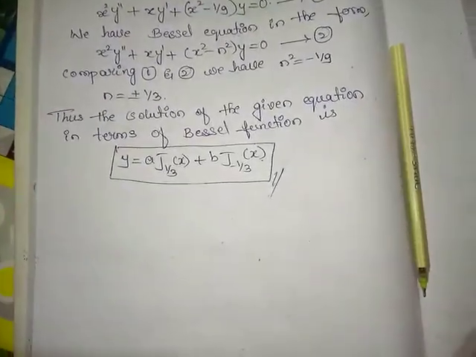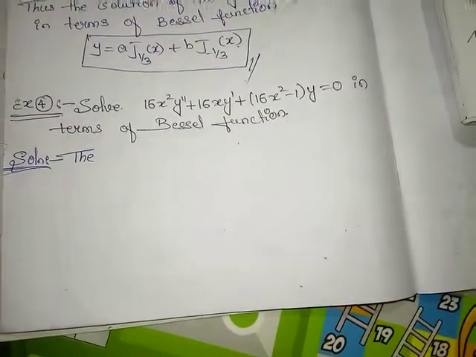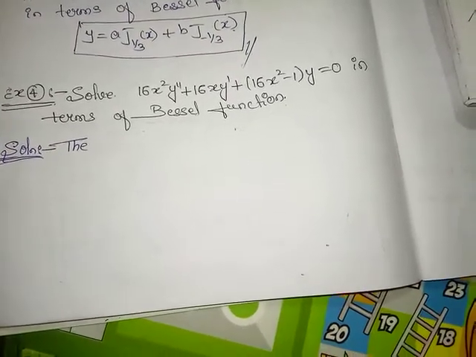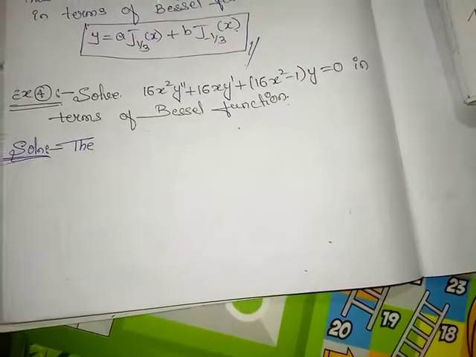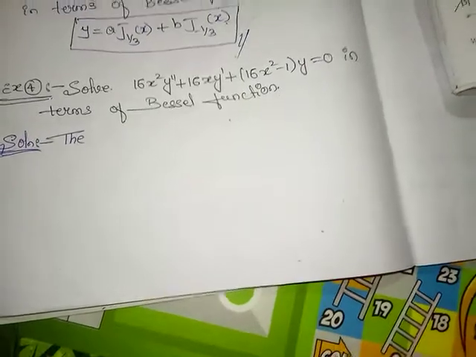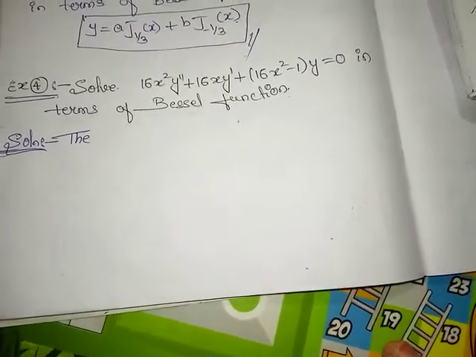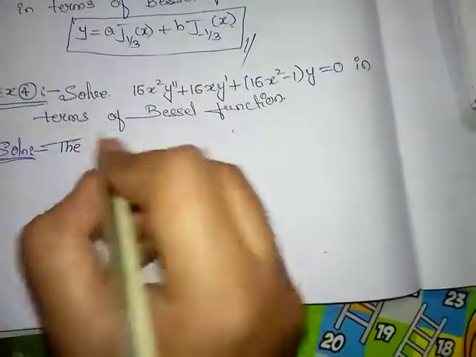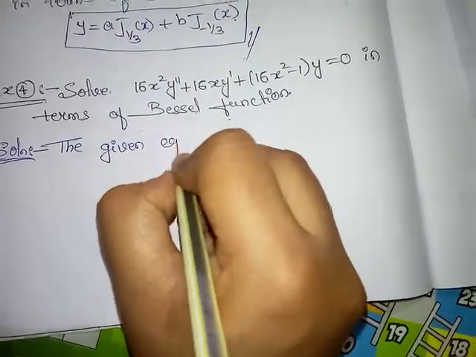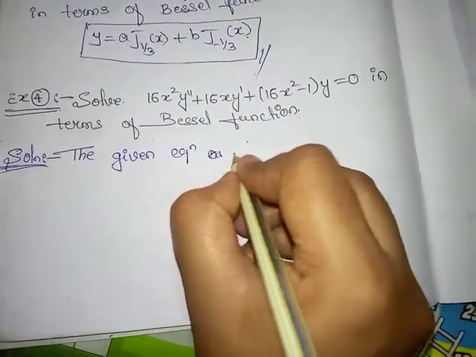Next example. Solve 16x square into y double dash plus 16x into y dash plus 16x square minus 1 into y is equal to 0 in terms of Bessel function. Here also we have to reduce this equation to Bessel equation, and we have to write the solution in Bessel function. The given equation is